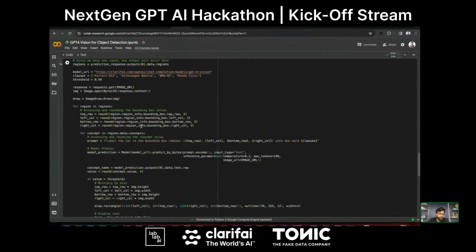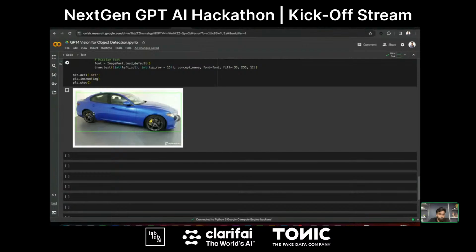So you can see here the image that we have, where we have just created the bounding box for an image, and on the top of the image we have the label. I'm not sure if you have seen that, but we have the label of this car. So that's what we're going to build. We're going to have the bounding box coordinates, and we're going to add those coordinates to the image, and we're going to label that using the GPT-4 vision model.